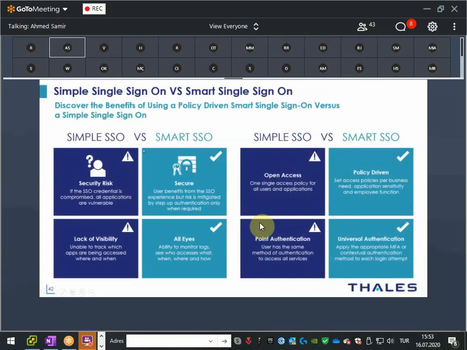The smart single sign-on. What is the simple single sign-on? The simple single sign-on means when I have access, I will have access to all of the applications, like, as I said, ADFS, the Microsoft Single Sign-On Service. If I access it, I can access all applications. But the smart single sign-on, if you can see here in the comparison, first in the